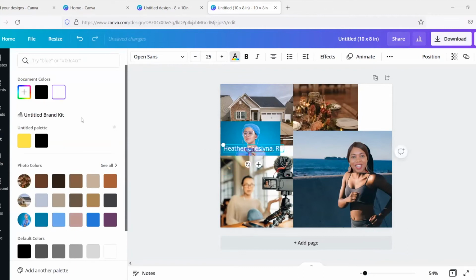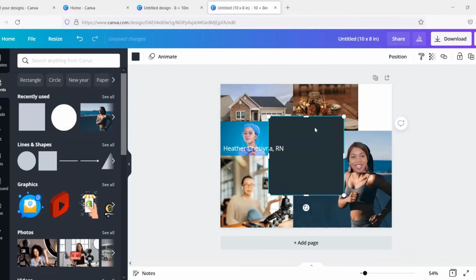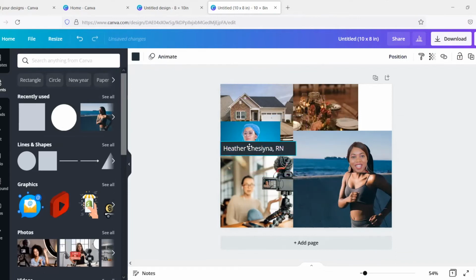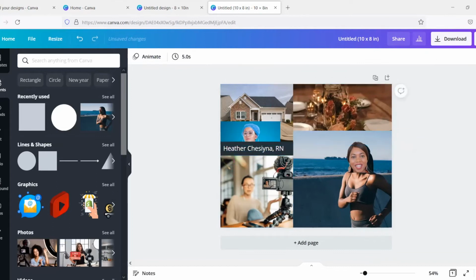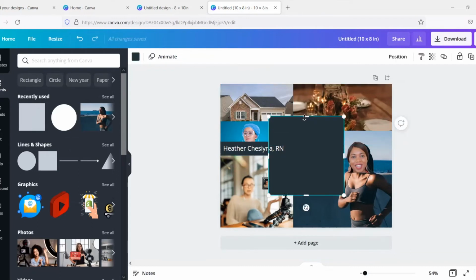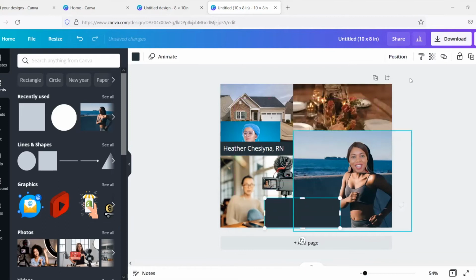Another trick that you can do is take a shape like this one, and there we go. So it says I want to be an RN, and you see how pretty it looks. One last thing, let me expand it. I have a Bible verse that I want to highlight. So let me copy it. I'm also going to take the same shape, and if you want the position, you can put it center, middle, or at the bottom. So I'm gonna put it at the bottom, center,